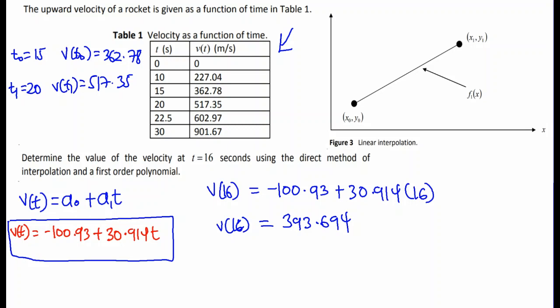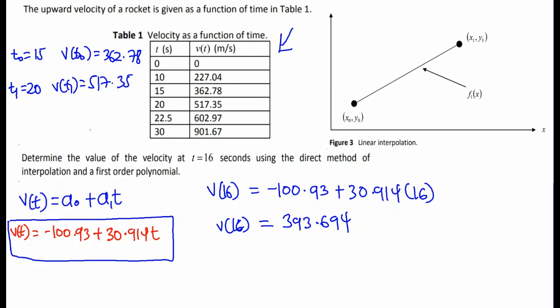But from the given data points, we don't have the time 16 seconds there. So the only way to get that is to use interpolation. The question says we should use a first order polynomial. Normally in interpolation we are dealing with polynomial functions, because they are easy to